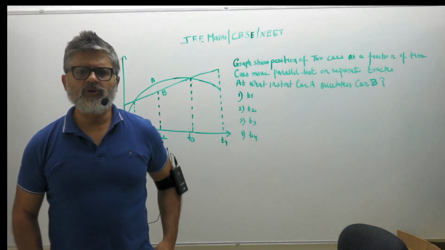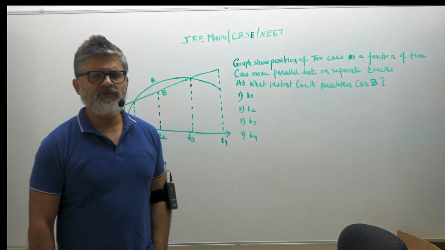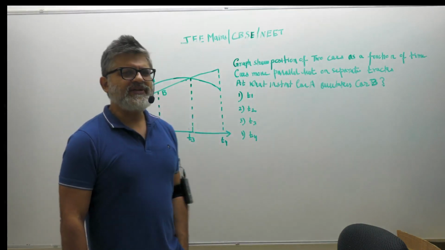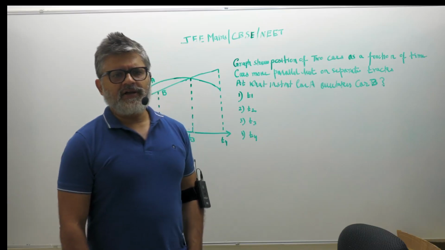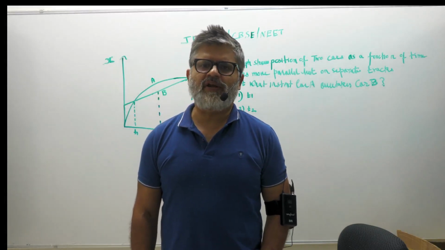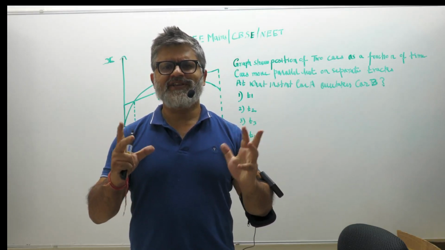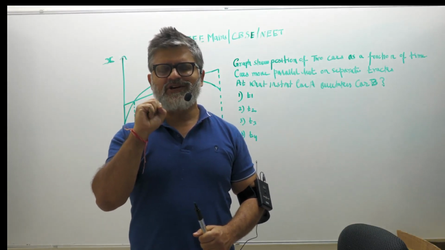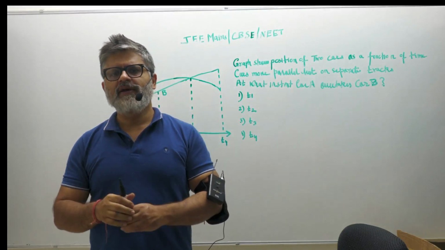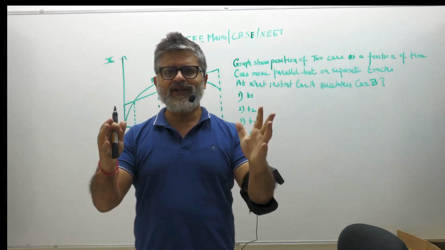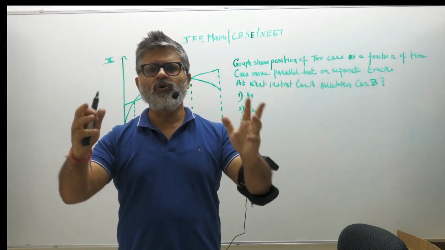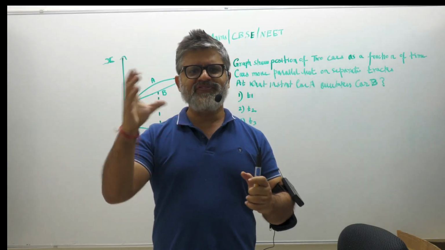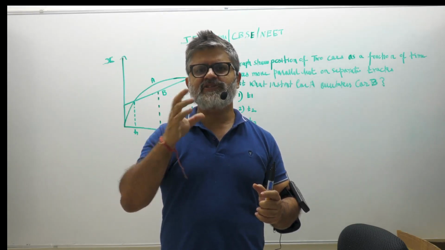All right, student, one more question on the topic of uniform motion and motion in a straight line, or kinematics. What you will notice in this chapter is a great deal of questions that deal with graphical physics. A lot of graphs. You're expected to read the graph and derive information out of that. Generally, these graphs have a lot to do with comparing two motions. Two bodies are doing this: compare who will win the race, whose acceleration is more. So graphical physics is very important.